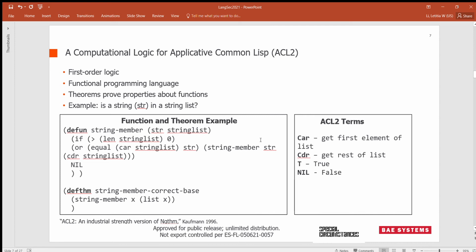The example here shows a function we had to write to check if a string is a member of a string list. It acts recursively by checking if the string is the first member of the list, referred to as car, as we can see in the ACL2 terms, and then passes the remainder of that list, as we can see here with the CDR of string list, back into the function